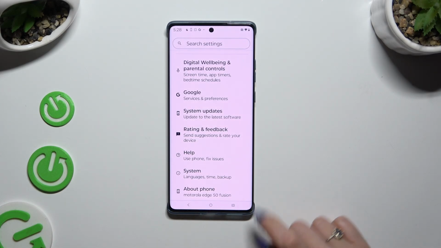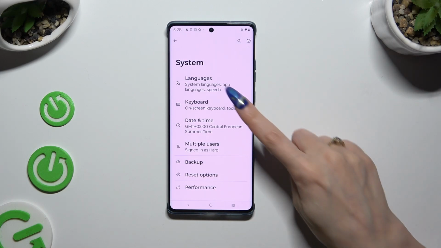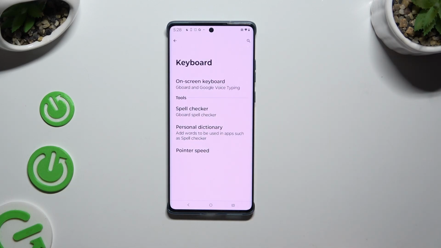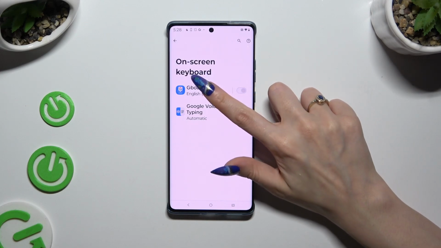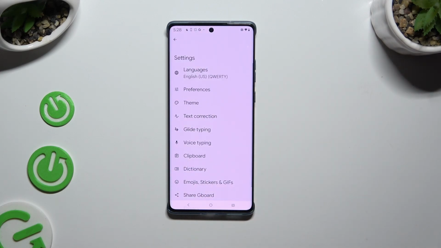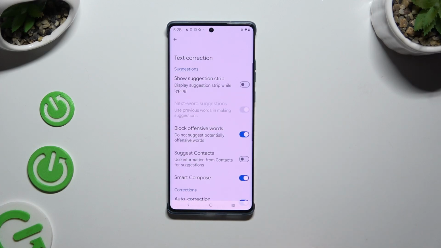When you're ready, select System. Then click on Keyboard, On-Screen Keyboard, and finally Gboard. All you need to do now is click on Text Correction and use this switcher next to Show Suggestion Strip